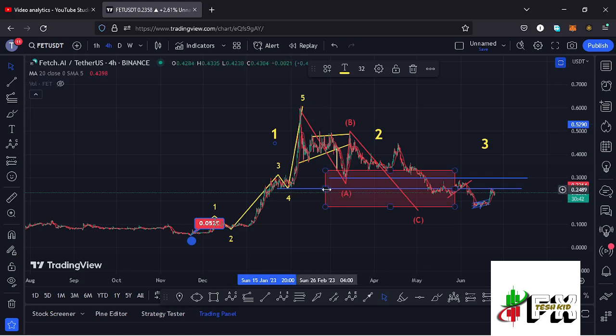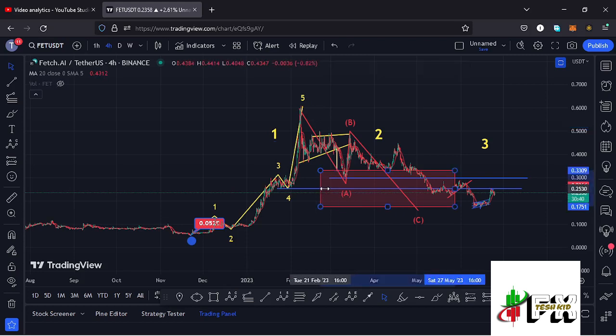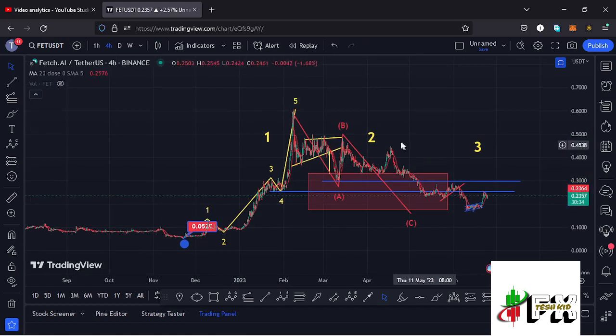Minimum target areas highlighted on the charts using this red target area we have now fully maximized, and there are high chances that the low for this higher Elliott wave count 2 is now in, and Fetch AI is now ready for a massive pump to the upper side in the formation of these larger Elliott wave count 3,